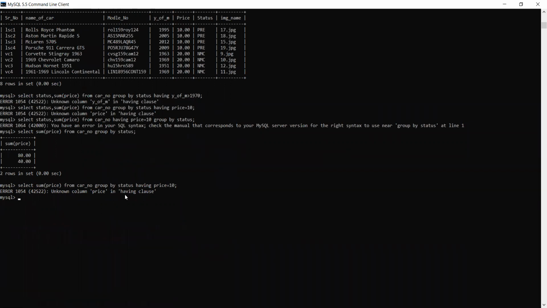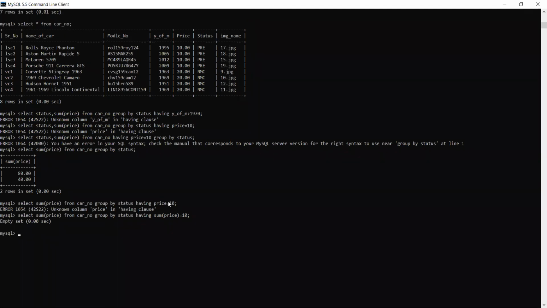Acha, one more thing. Having sum of price, let me check like this, is equal to 10. Fine. Acha, see, one thing you have to understand over here is that either we are using aggregate functions, or we can use it with respect to the varchar value.